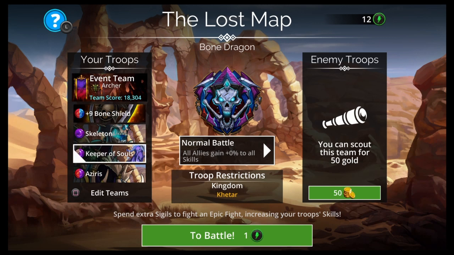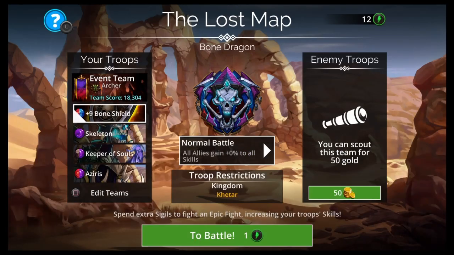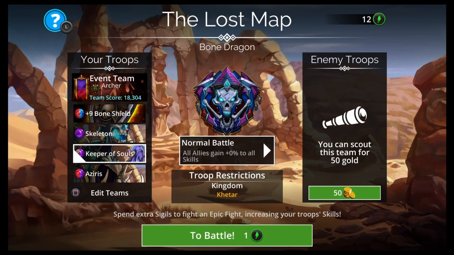You could use Bone Dragon here, but I'm going to use that later when enemies have more armor. Like, it does skulls off of enemy armor and how much you drain from them. And this seems a little bit safer to transform all gems of a chosen color to skulls. So, just for the beginning, I'm going to use Keeper of Souls, see how it goes, maybe switch to Bone